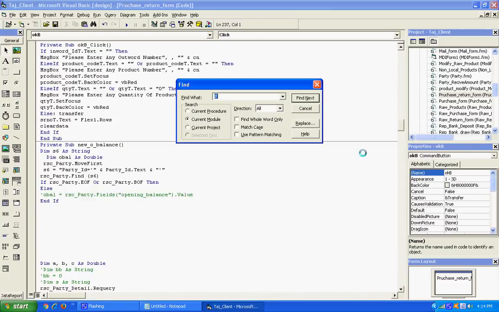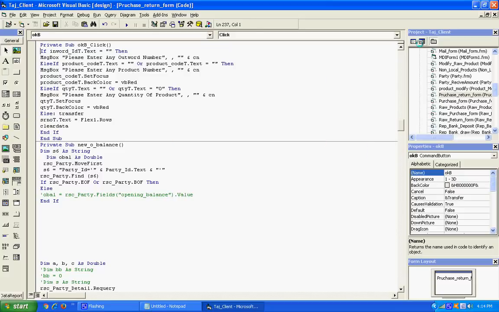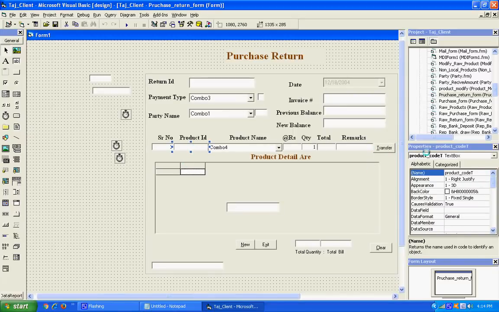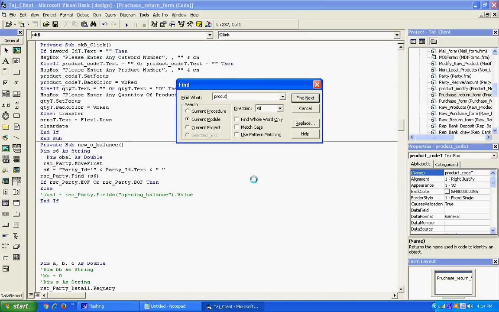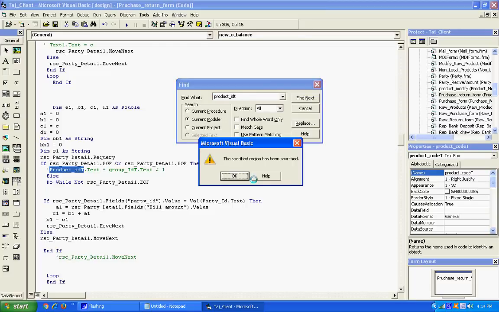It was not performing properly. We are going to find this: product ID, Control F, PRODUCT ID, product underscore code underscore t. That's a problem.